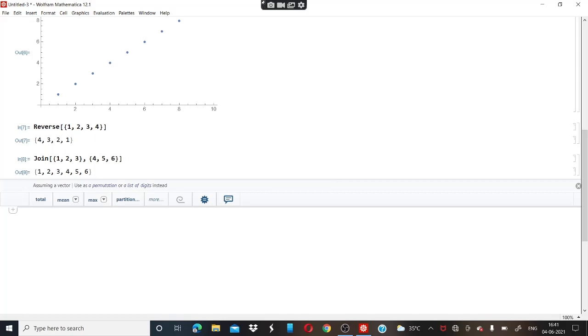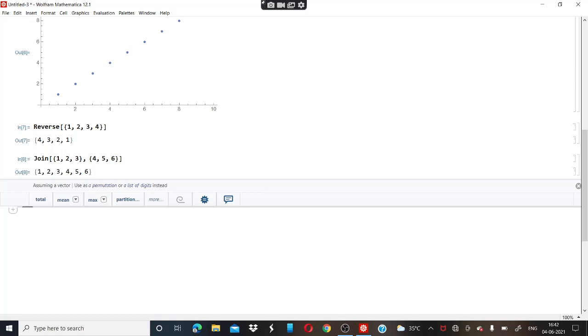For example, you have three books in one bag and three books in another bag. When you want to collect them in a single place, you will use this join and keep all the books at the same place, in a single bag. Okay. So now we will use all these functions to plot different types of graphs given in the exercise. So let's solve the exercise.